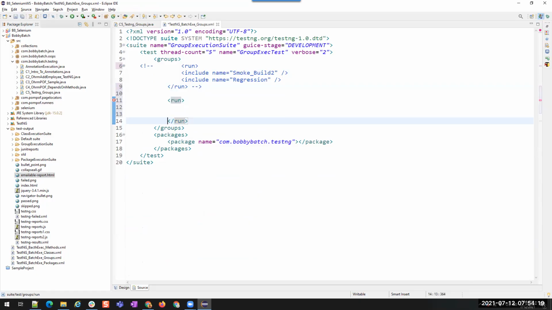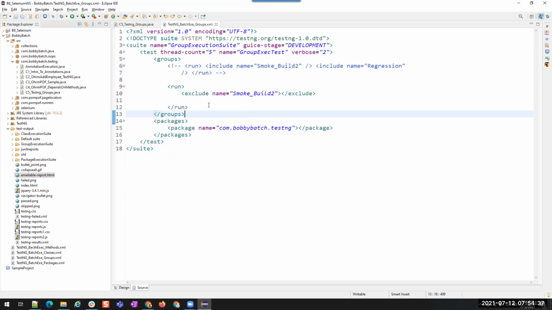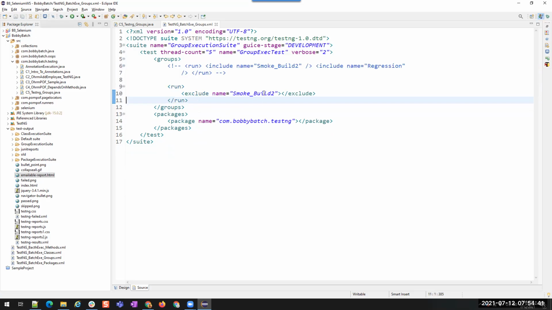Now I don't want to add include, but I will say exclude. What do I want to exclude? I want to exclude smoke build 2. Other than smoke build 2, I want to execute everything.